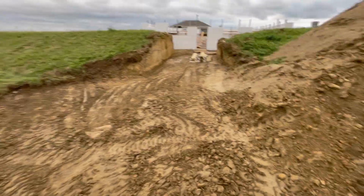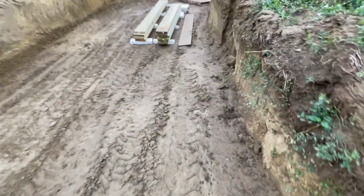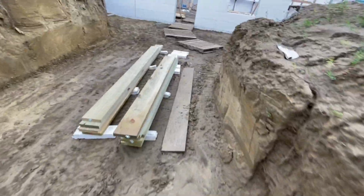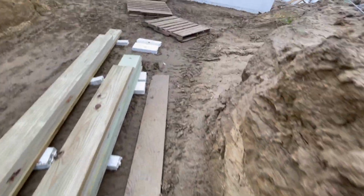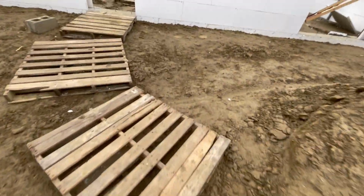So I'm just getting muddy feet here, just walking through this garbage. Yeah, that's perfect. Good plan on my behalf. I'm about to get in my truck and go home with muddy feet. That's okay. I think boss man might have left already. We were just getting ready to leave right now. But